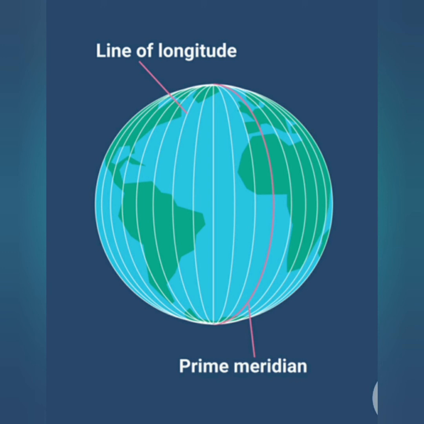Students, like latitudes or parallels, the longitudes are also marked in degrees, numbered from 0 degree to 180 degree. You should know that all the meridians are equal in length. As you know, latitudes are not equal in size. All the lines of latitude are different in size, and the longest is the equator, but longitudes are equal in size. All the lines of longitude are equal in length. Clear?